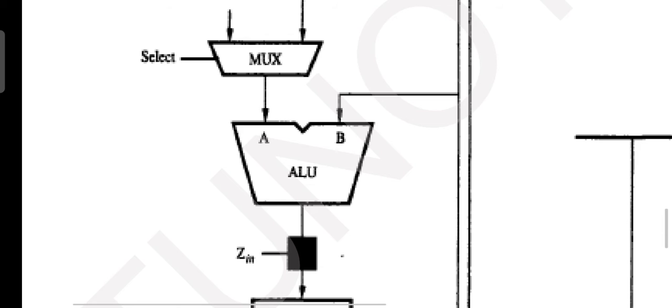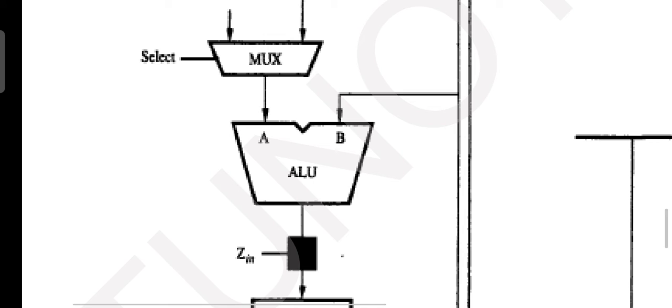See, check the diagram, this diagram should be in your mind, then only you can easily answer the question and write the steps, don't simply mug up. So the result is kept onto Z by activating the Z in signal, and the result will be driven onto register Z.